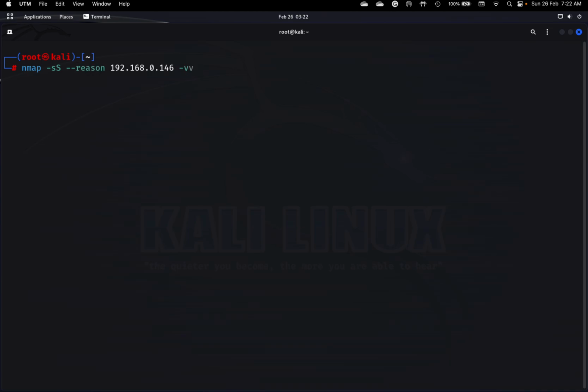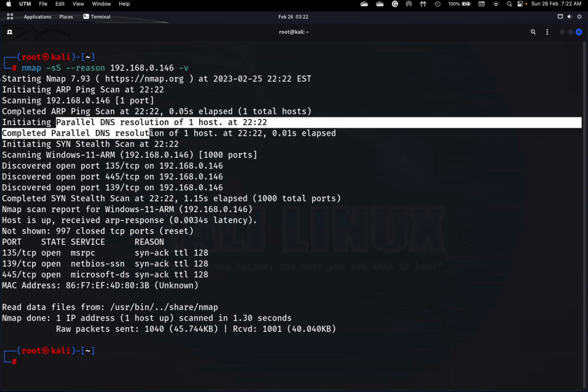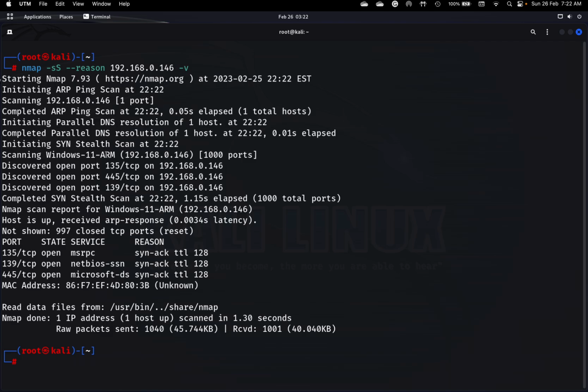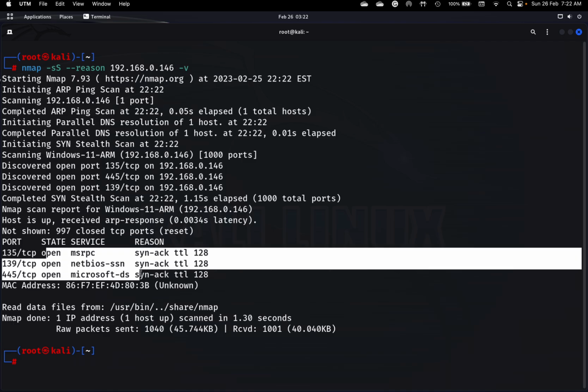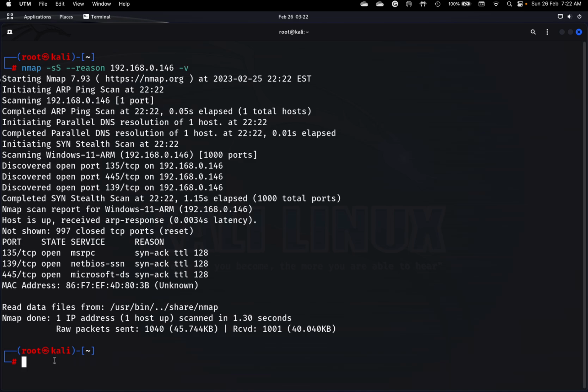Okay, run. So you could see here it initiating ARP ping scan. Okay, and then it did DNS resolution, and it scanned Windows 11 ARM. Okay, and it discovered open ports you see here. Okay, and this is again, this is stealth scan. Now we know which ports are open, and pay attention to the TTL 128 because we're gonna do another